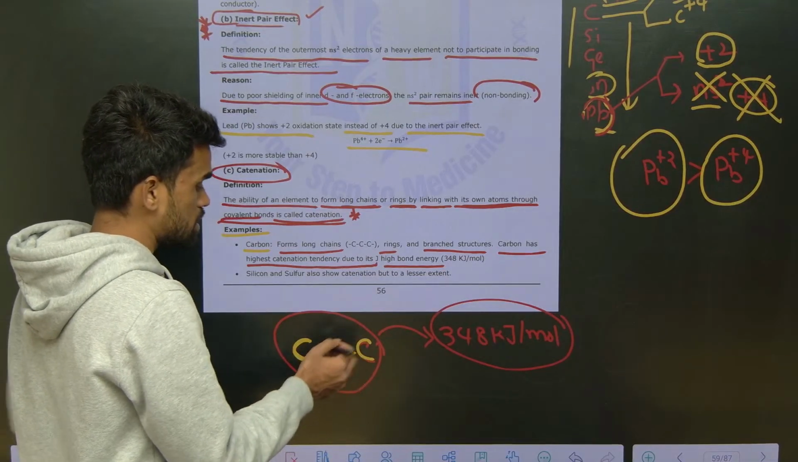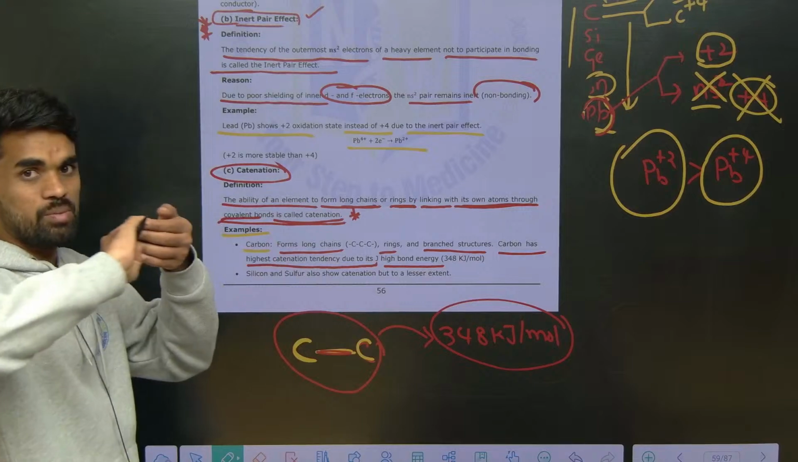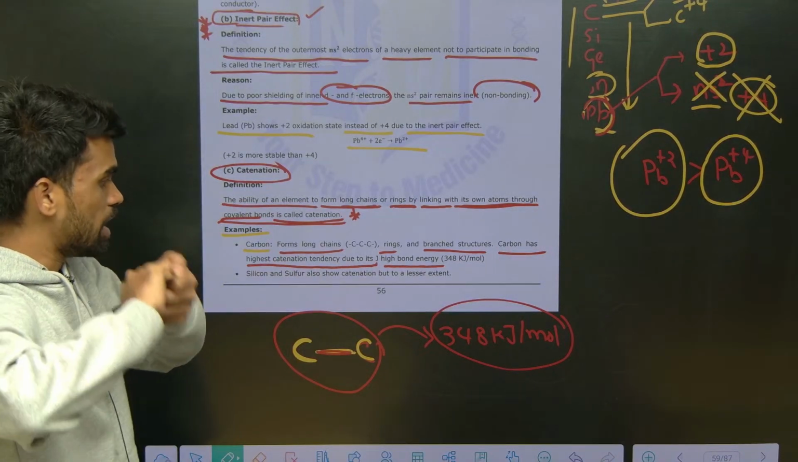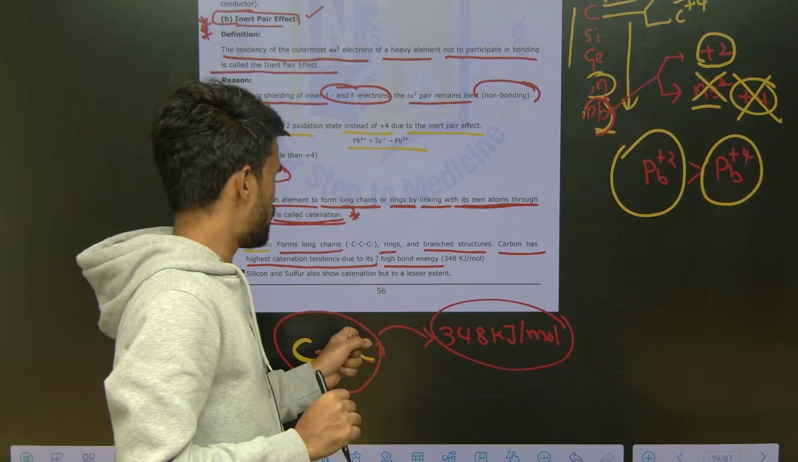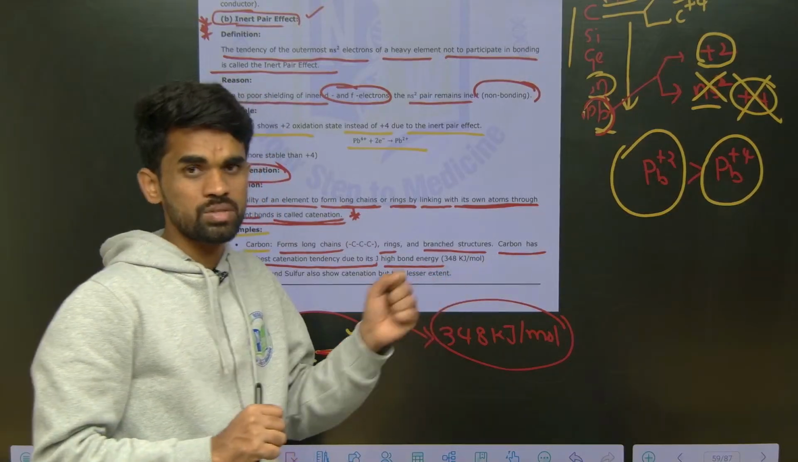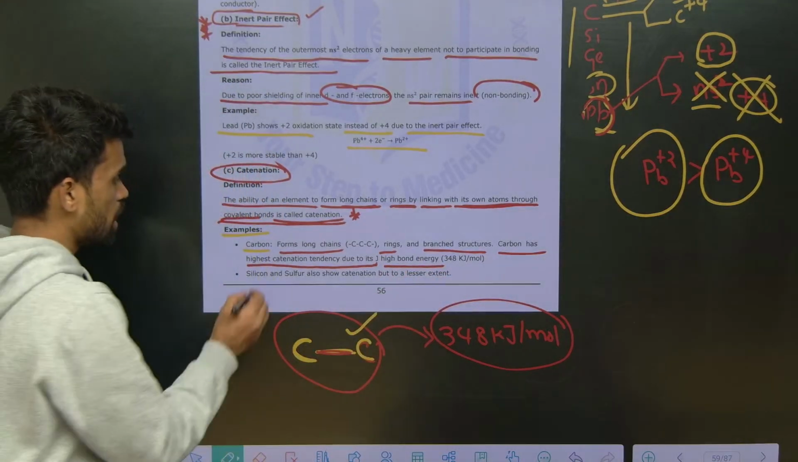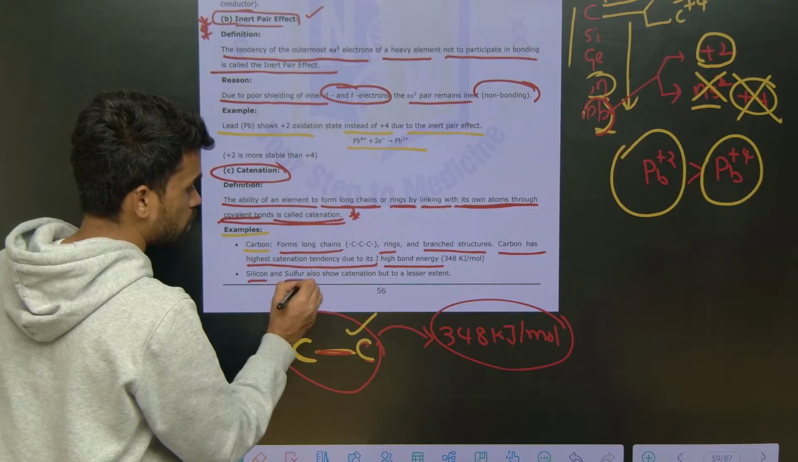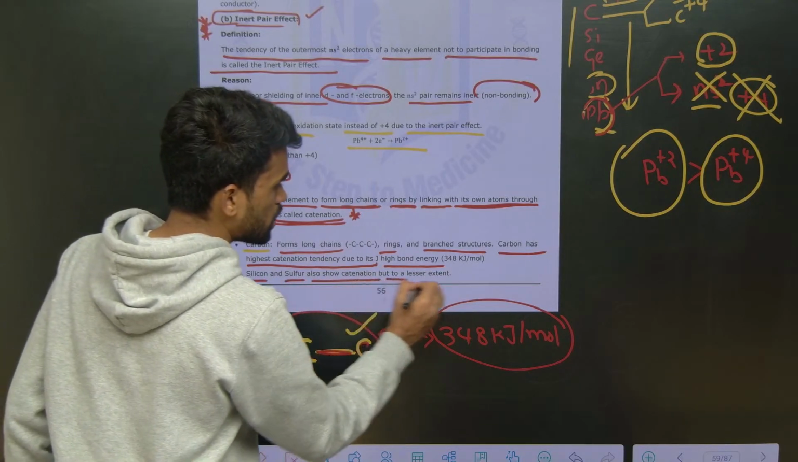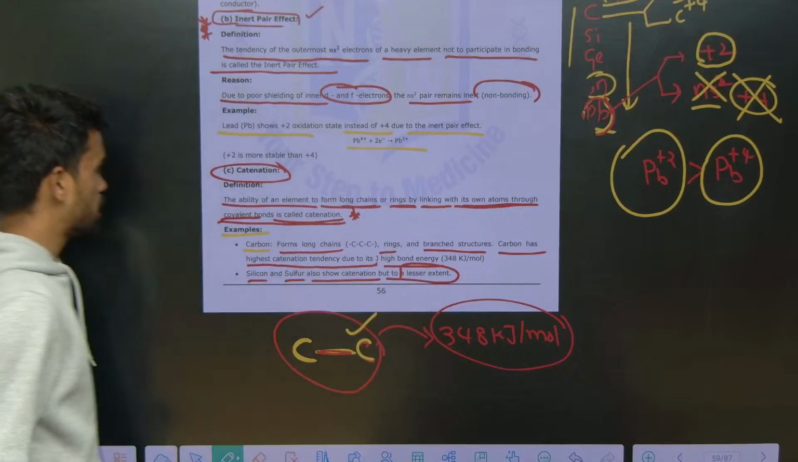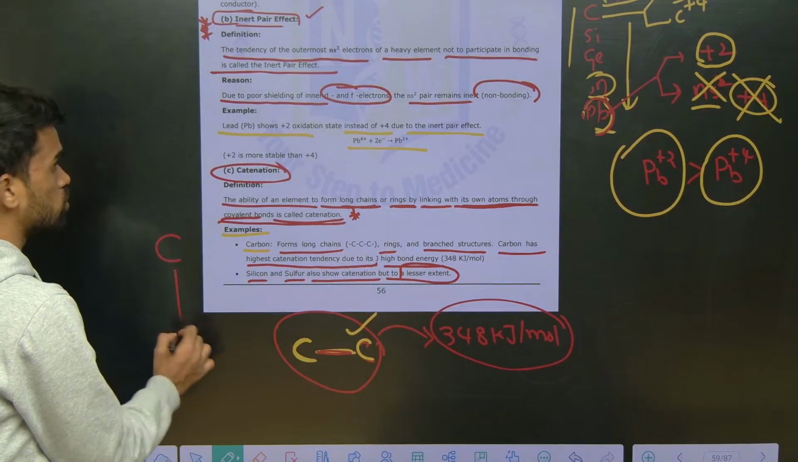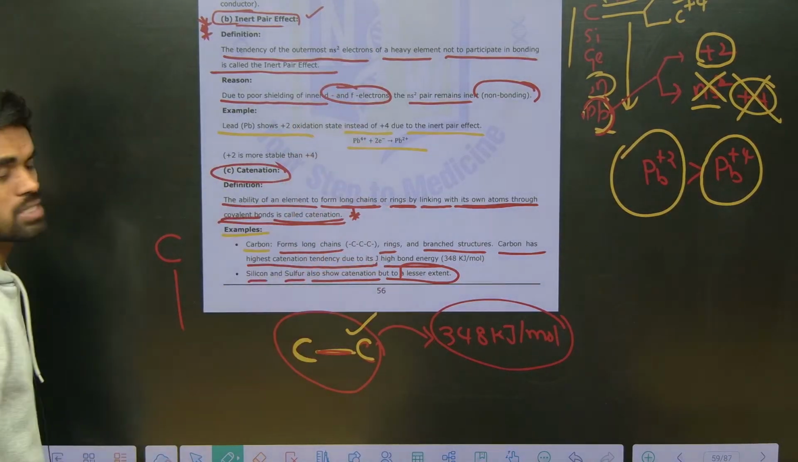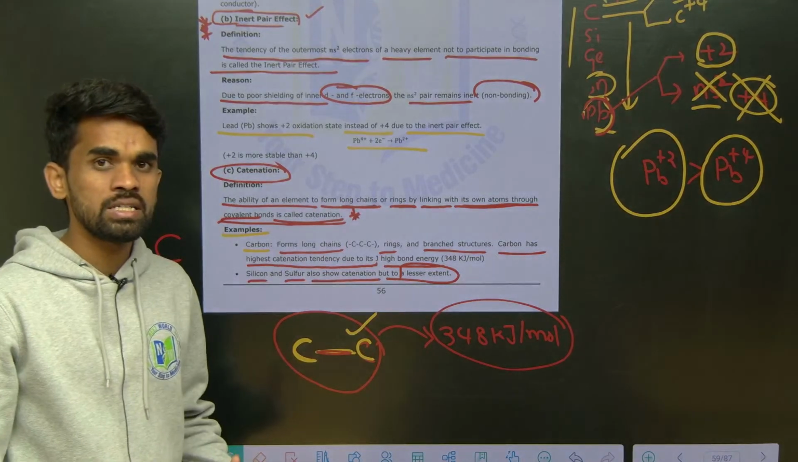So due to small size, the overlapping of orbitals will be to a very great extent, and that shows a very good bond strength, and that is also the reason for the catenation property. When it comes to silicon and sulfur, they can also show catenation but to a lower extent. As we move down the carbon family, the catenation tendency decreases, so that carbon will be